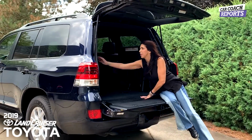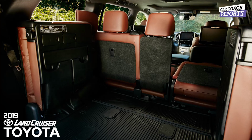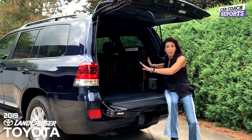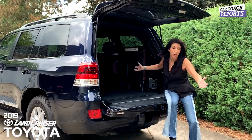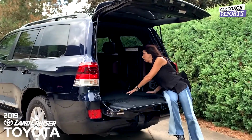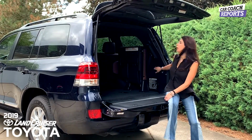Put up the rear seats and suddenly you've got a lot more floor space. What I'm not fond of is these seats fold up on the sides. Could affect your side visibility. Of course, that's why you have a round view camera and mirrors, but it also limits the space that's right here in the center. There's also an AC outlet in the back,